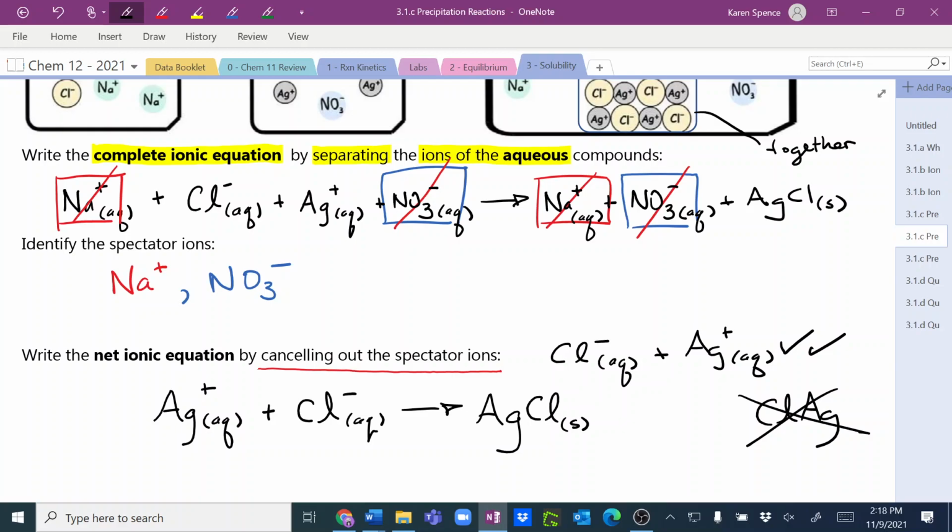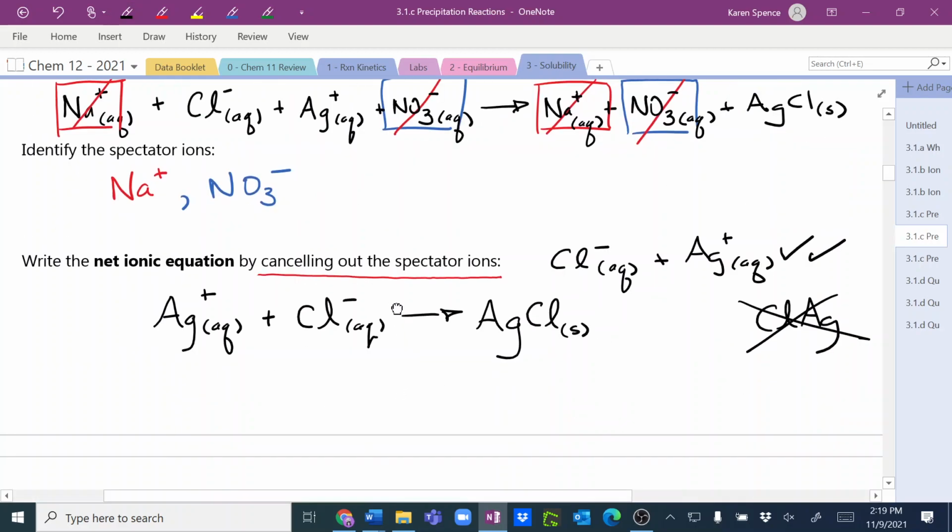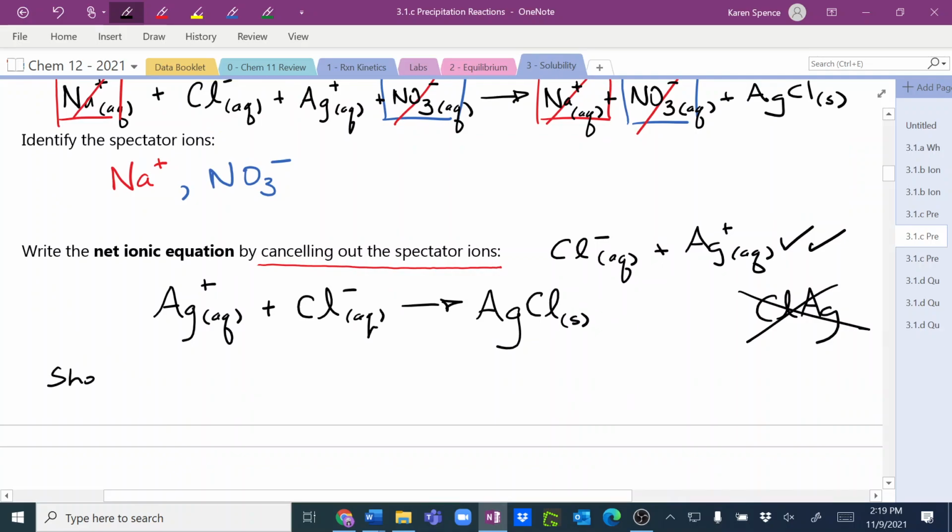Sometimes you're going to need to write a complete ionic equation. It will say, write the complete ionic equation. So you need to be able to do that. But other times you will be asked to simply write the net ionic equation. Wouldn't it be great if you could just skip all that complete ionic nonsense? Yes? What you do is, if you want the shortcut to the NIE,